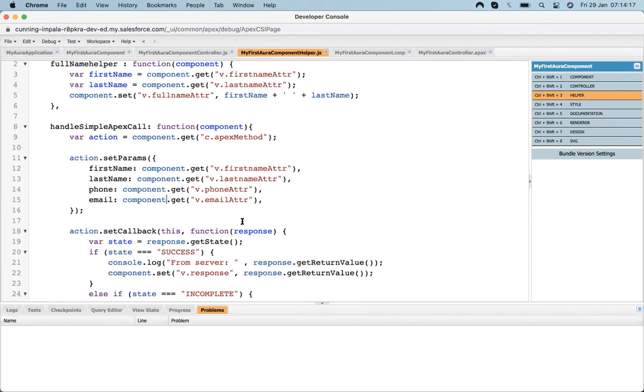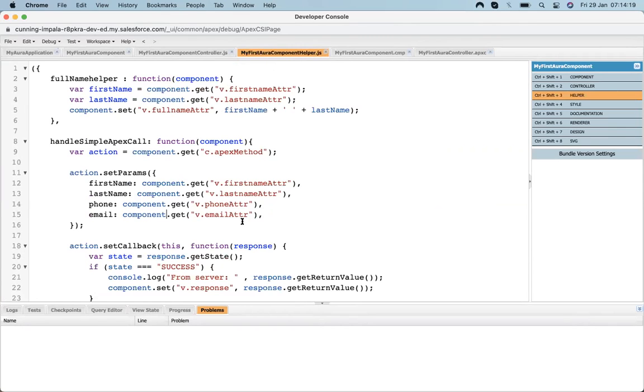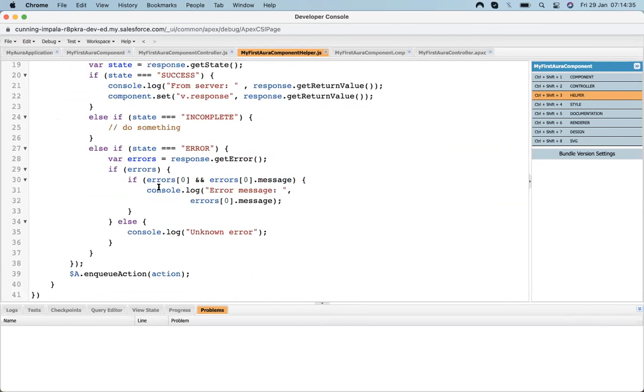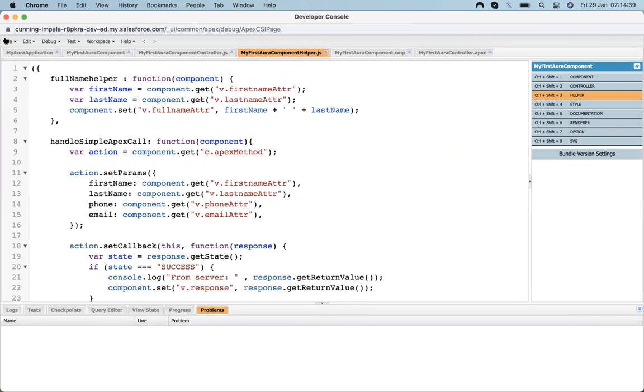Let's work on an example where we fetch the details from contact records and see how it works. Right now we are just passing the values, and after that we will fetch all the details from the controller. So let's have a look at how we can design this.